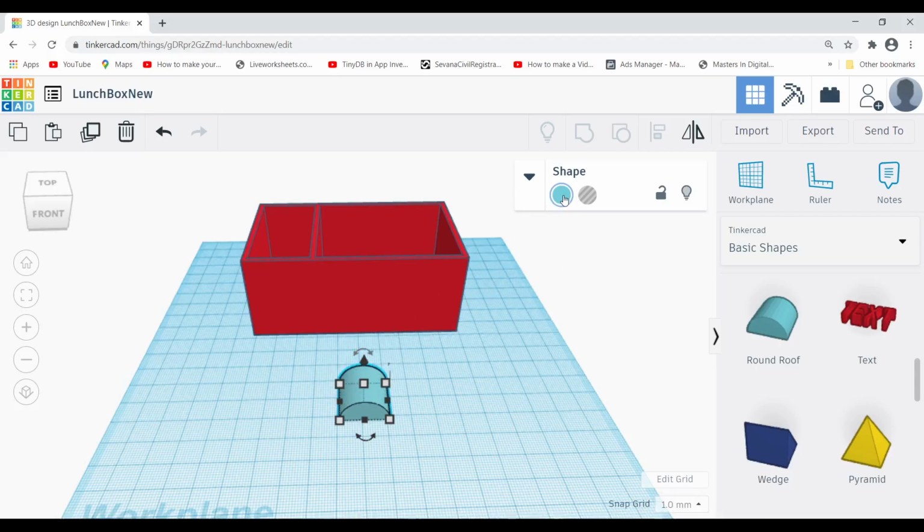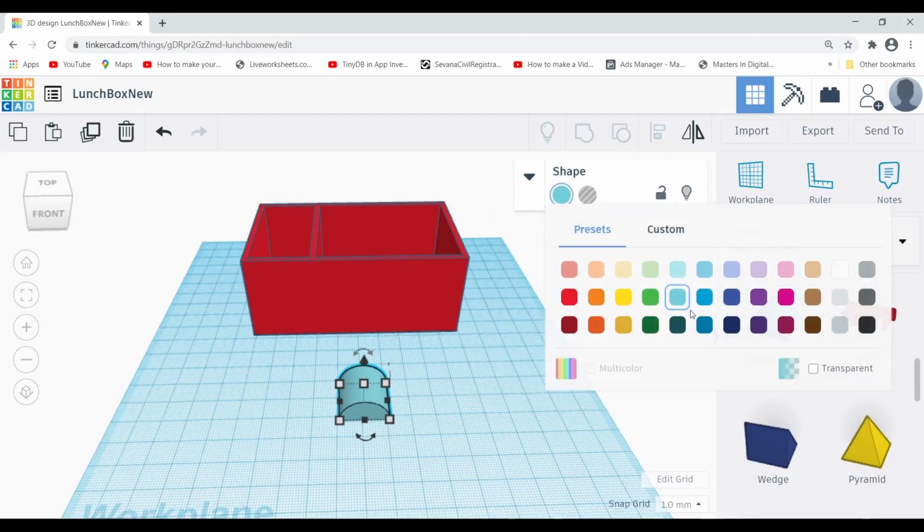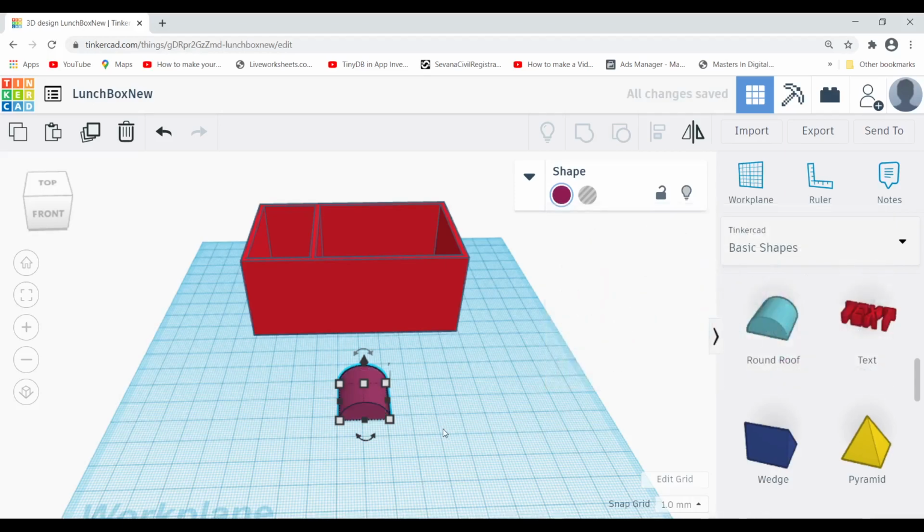For that, select the object. Here you can have a color option. Click on that. You can choose some dark color, so this time I am using some dark color like this. Now I want to rotate this object on the XY axis. For that, it's very easy. You select the object. You can see there is a C or U shaped icon with two arrow marks shown. That means you can rotate this object on that particular plane. Then you can rotate like that, or you can rotate in this axis. So be very careful of this.